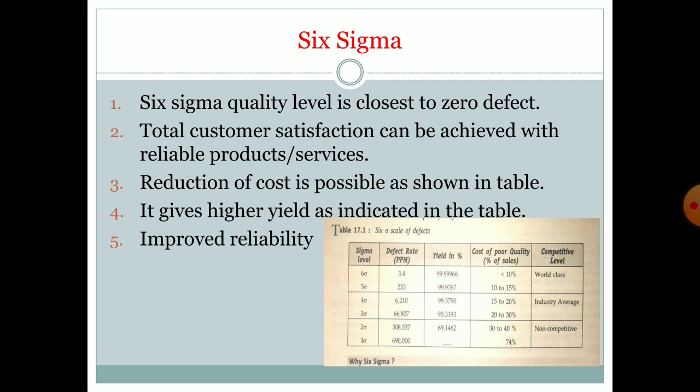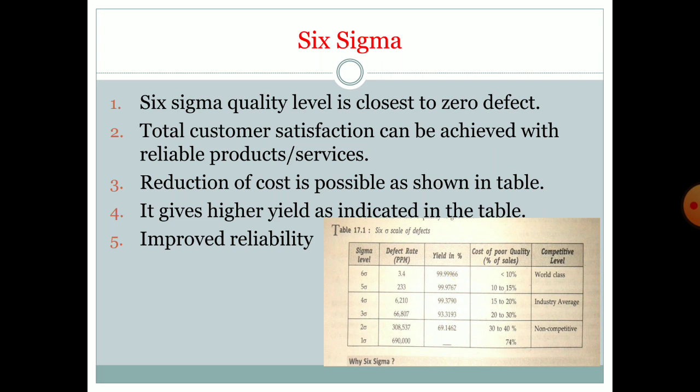So here a chart is shown. This scale indicates different levels of sigma, right from first sigma to Six Sigma. If the process is Six Sigma, we'll see in this table the sigma level, defect rate in parts per million, corresponding yield, and cost of saving. Six Sigma allows 3.4 defects in a sample of 10 lakh. Here parts per million is given, and 1 million means 10 lakh. So within 10 lakh components, 3.4 parts are allowed to fail, that is Six Sigma. Here we can see the yield